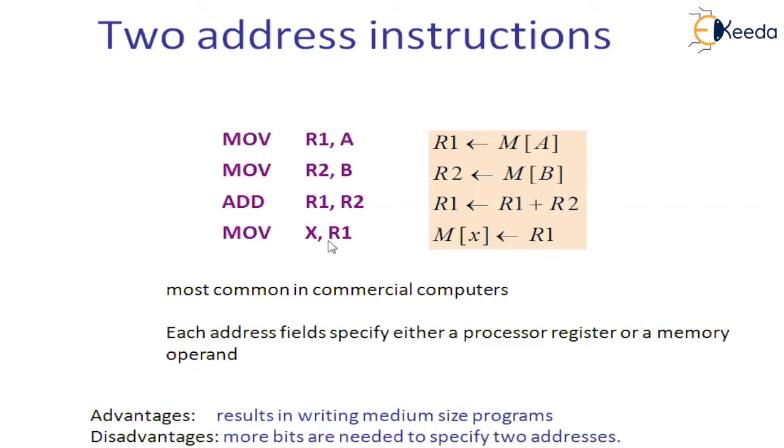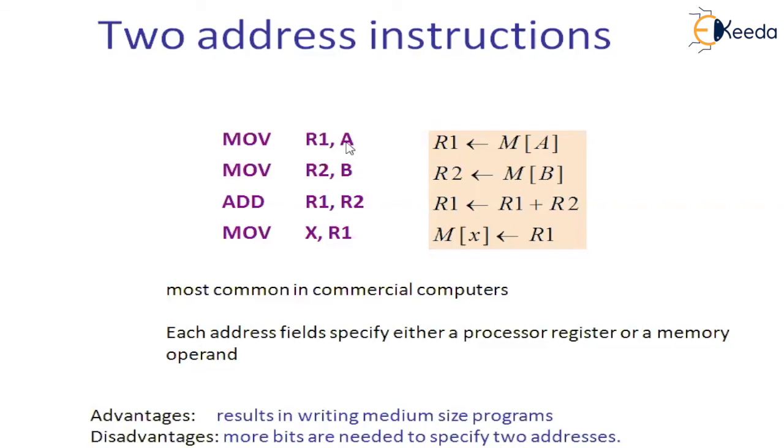And finally, move X comma R1. That is, so far what we performed, A plus B, which are available in R1 and R2, are added. And finally, R1 is getting transferred to X. So this operation, if you have a look carefully, is adding A and B and transferring the contents to X. You can imagine an expression, that is X is equal to A plus B. When you execute X is equal to A plus B, the relevant machine language instructions are these.